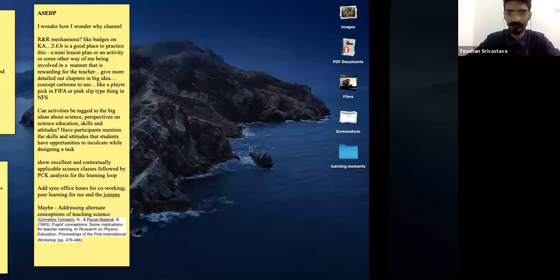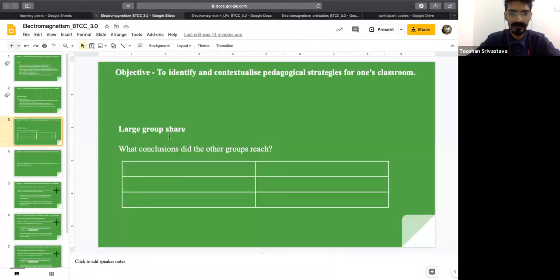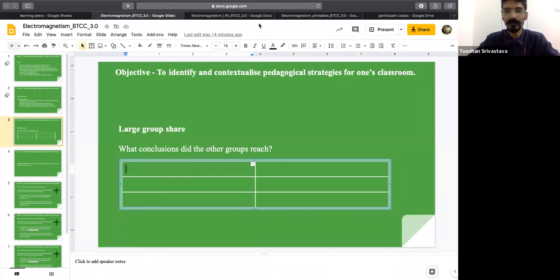Okay, I suppose we have everyone back in the main call. I hope you have chosen one person to share with the large group your one key question or one key hypothesis that you want to explore further. What we're going to do now is a large group share. I believe that everyone has this in their worksheet as well. Let me share my screen to show you the next part of the worksheet. You see this table, and in this table we are going to fill in, for each of the groups, the conclusions that they share. I'm going to be doing this on a slide as people share, and I'll be presenting that. So let's start with group 1.